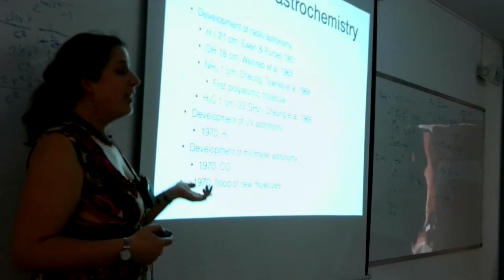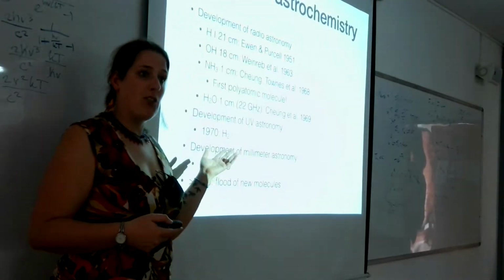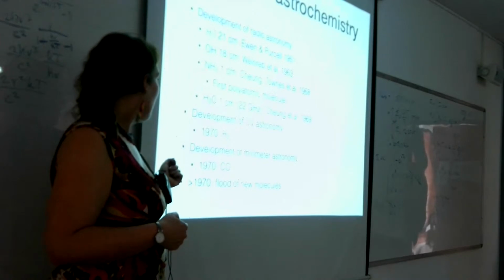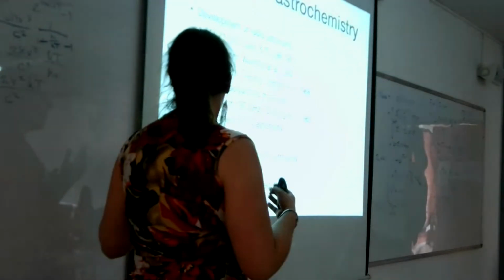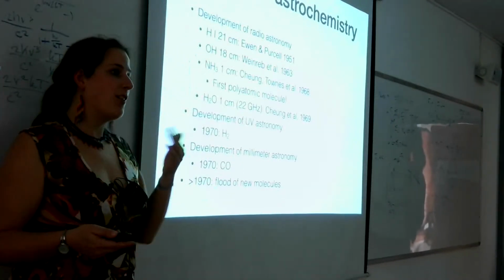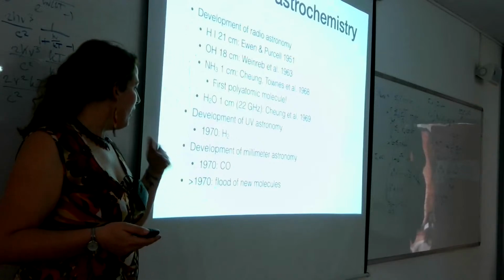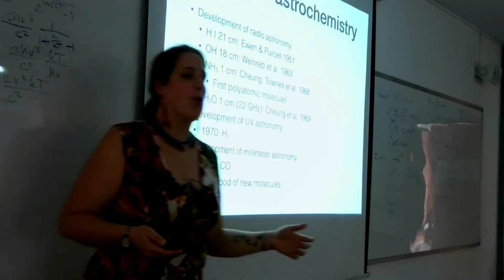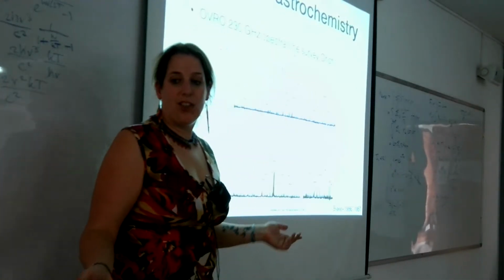Then eventually UV astronomy was developed, which meant that we could suddenly detect these lines. And then millimeter astronomy really took things up, because it started with the detection of CO, which we've seen this morning. But later, with more sensitive telescopes, we started to discover more and more molecular transitions in